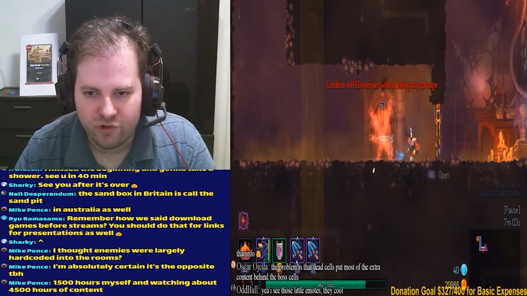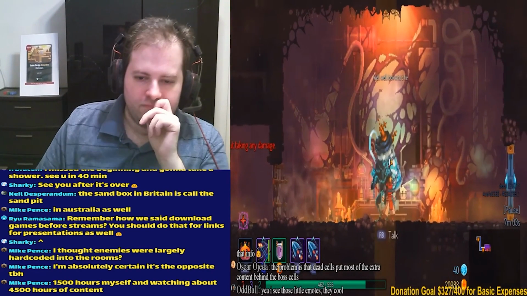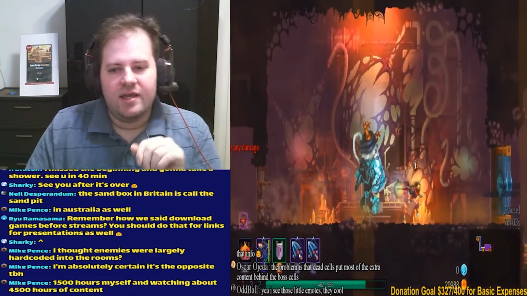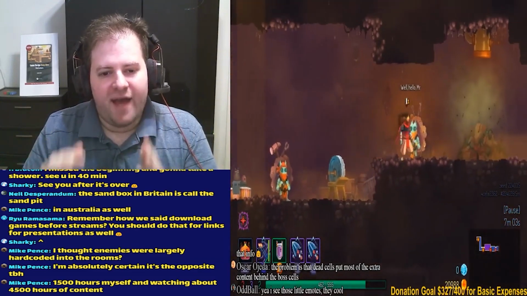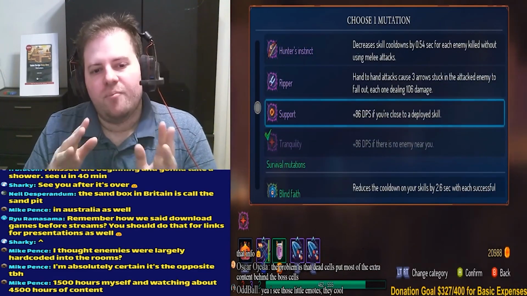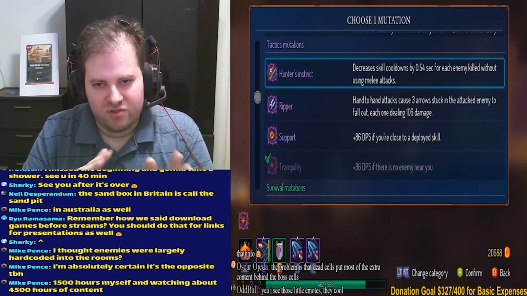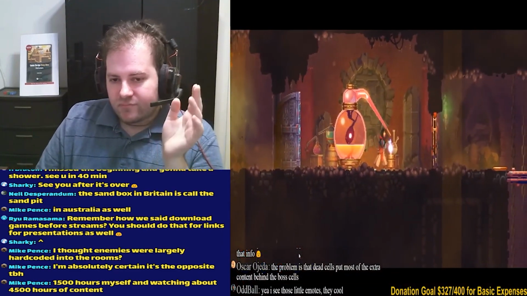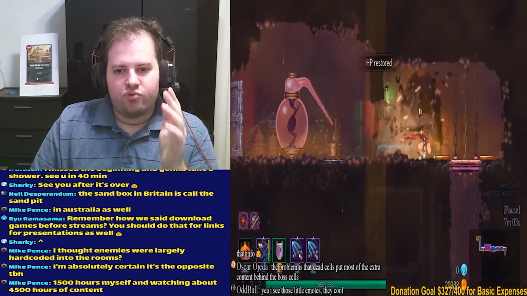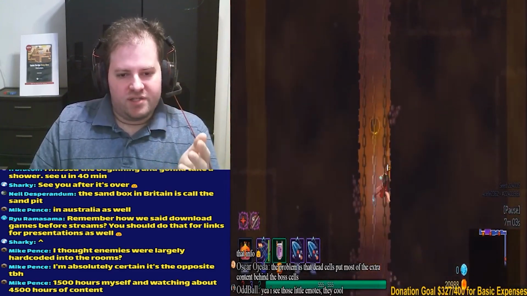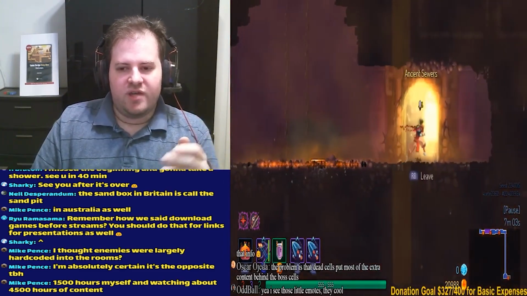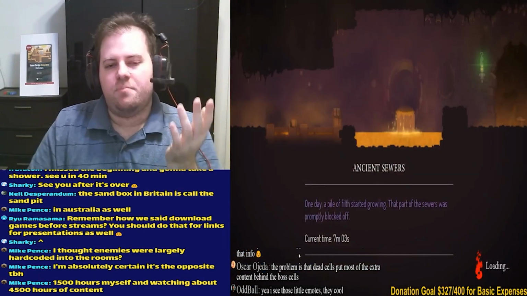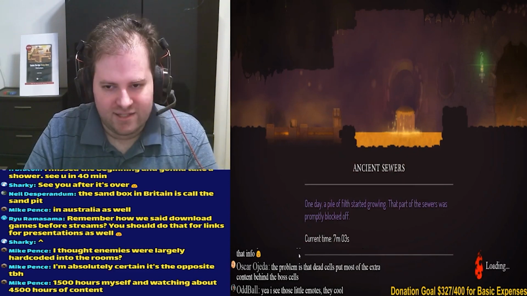When we switch footage over here to Dead Cells, Dead Cells is a game where the procedural content is a lot more fast and loose compared to Binding of Isaac, but it doesn't have as much in the way of variance in terms of how things play out. When you're not playing the game on the harder difficulties, each biome has a preset choice of what enemies will show up. For instance, when you get to the sewers here, you're going to be seeing a lot of these slug enemies, those annoying mushroom enemies, and the primary obstacle is going to be the acid or poison that you see right there.